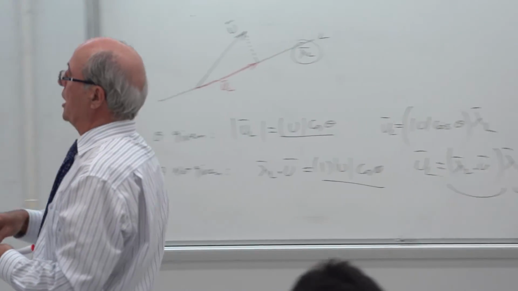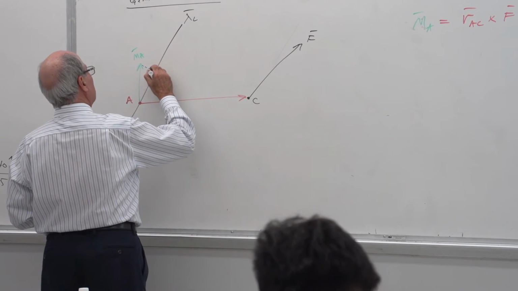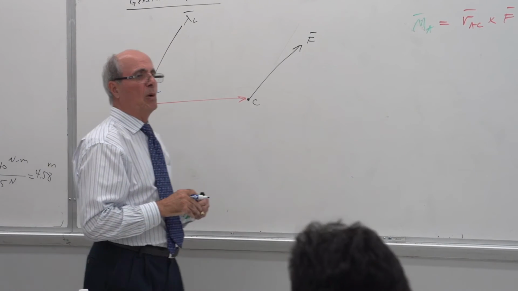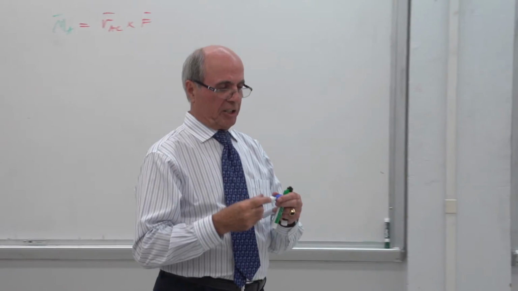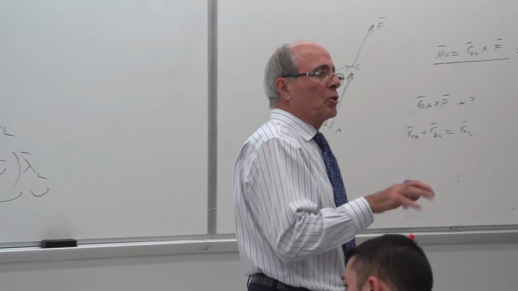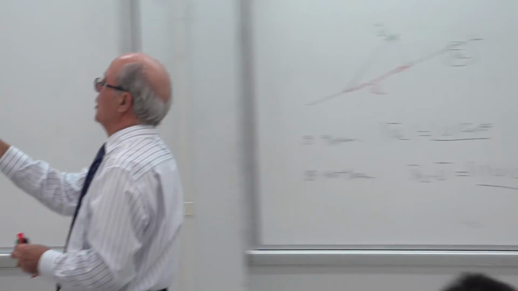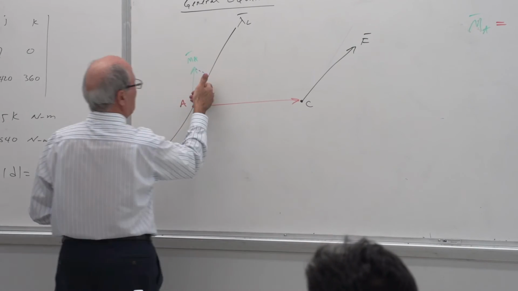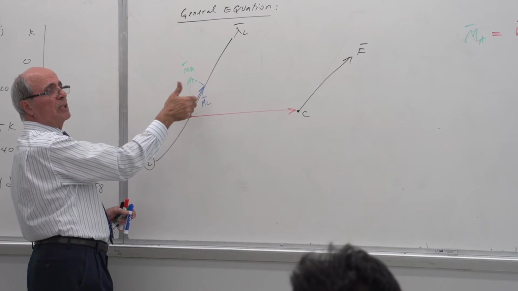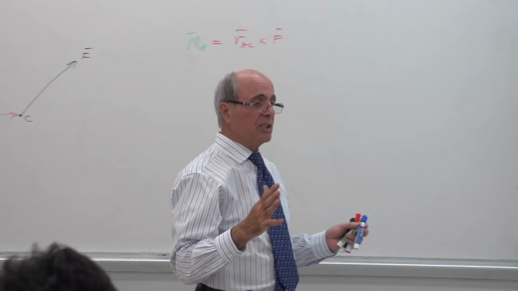But if I project that over the line, I draw a line down here. This is what I'm looking for. That is ML. This projection of that moment M over the line gives me a rotation about the line. If it goes this way, I call it this way. It may go like that, which this blue line, it goes like that. Therefore, this force causes this line to rotate either this way or that way. Everybody understand? This is in general.